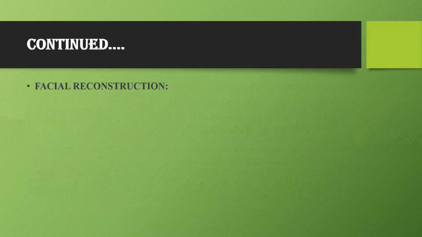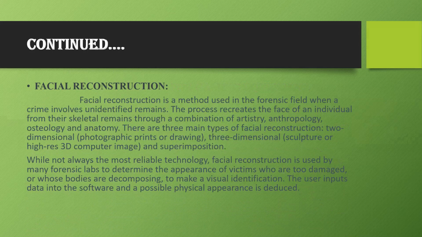Next one is facial reconstruction. Facial reconstruction is a method used in the forensic field when a crime involves unidentified remains. The process recreates the face of an individual from their skeletal remains through a combination of artistry, anthropology, osteology, and anatomy. There are three main types of facial reconstruction: two-dimensional photographic prints or drawing, three-dimensional sculpture or high-res 3D